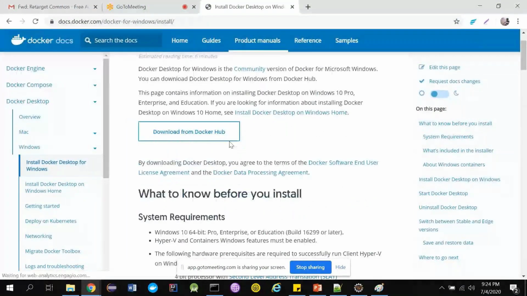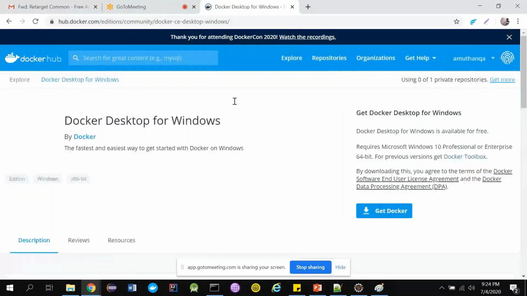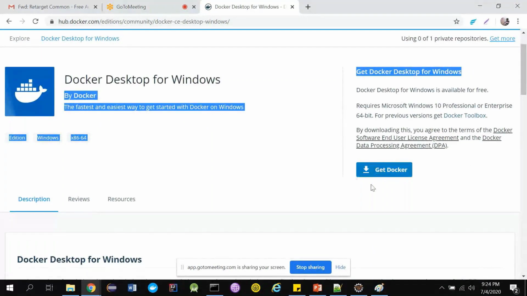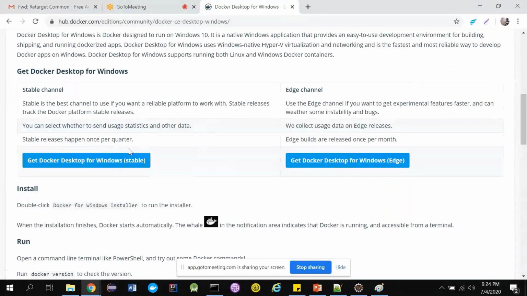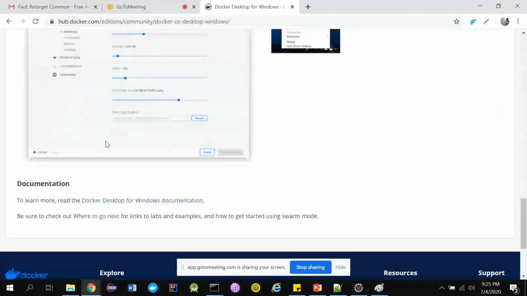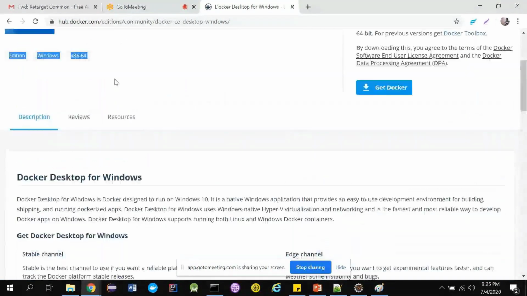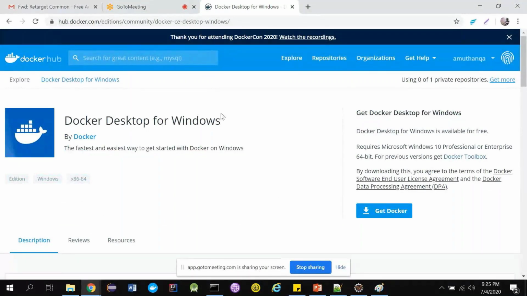You see, install Docker Desktop for Windows Home, and you can download it from Docker Hub. You can click on this. Based on your operating system, you can get it. It's very simple, guys. You have a stable version and the edge version. Always go for the stable version. For Mac, you always have documentation here, so you can download the Mac one as well. The installation is very simple, so you can follow some tutorials and get into it. So, we'll get into Docker now.